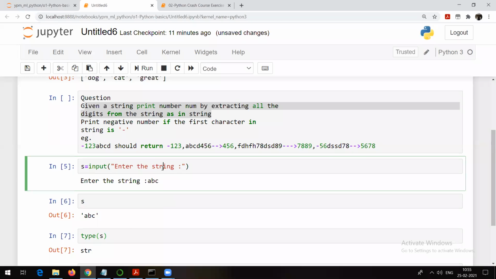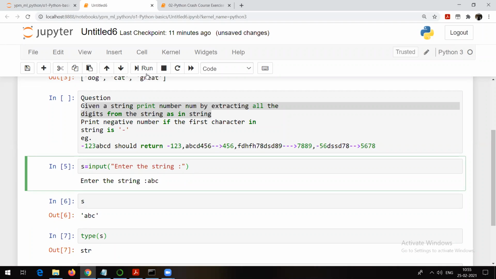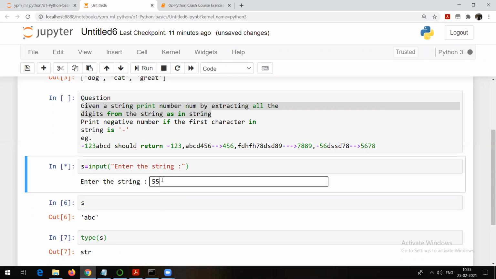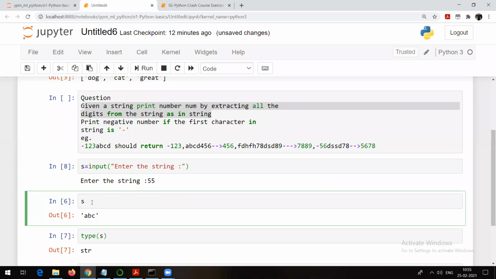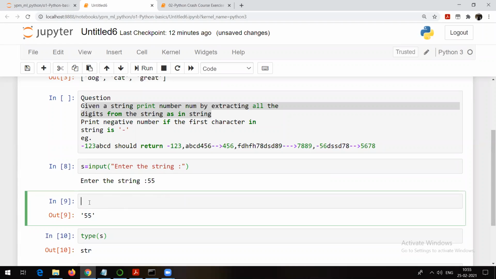I will again repeat: always remember, whatever we take as input from the user with the help of the input method, the data type of that variable is always a string. Let me show you. If I run it and enter 55, what is the value of s? 55. If you check the data type of s, it is still a string. Try to understand. Okay, moving forward.